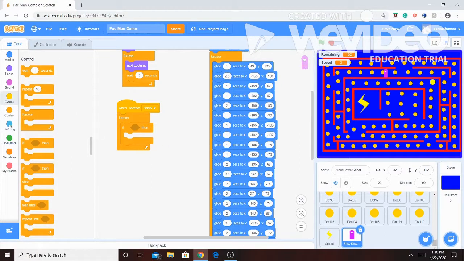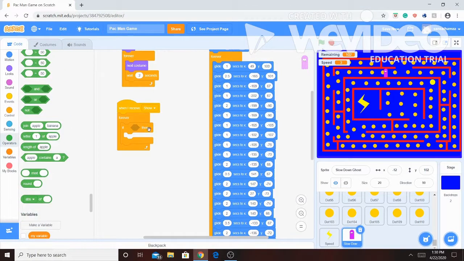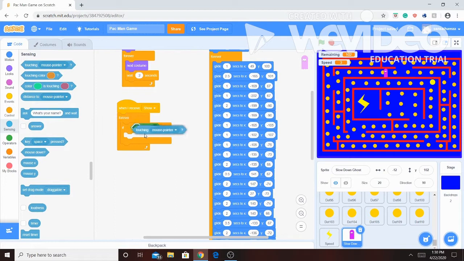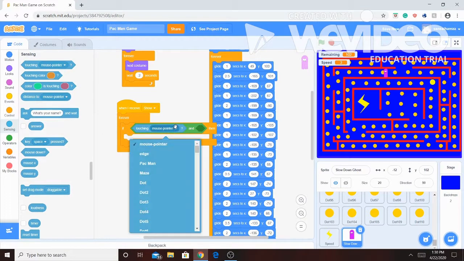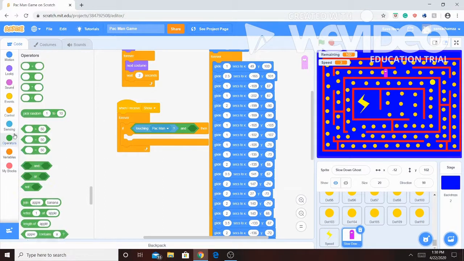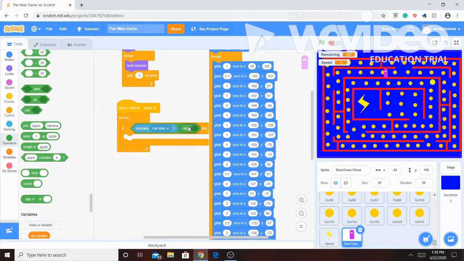Alright, so there's going to be 2 conditions for the if statement, so we need to grab the AND operator, and then we need to go to Sensing. So if we're in the Slowdown Ghost sprite, so if this sprite is touching Pac Man, which means that they've interacted with each other, Pac Man's eaten the ghost, and we need the not operator,